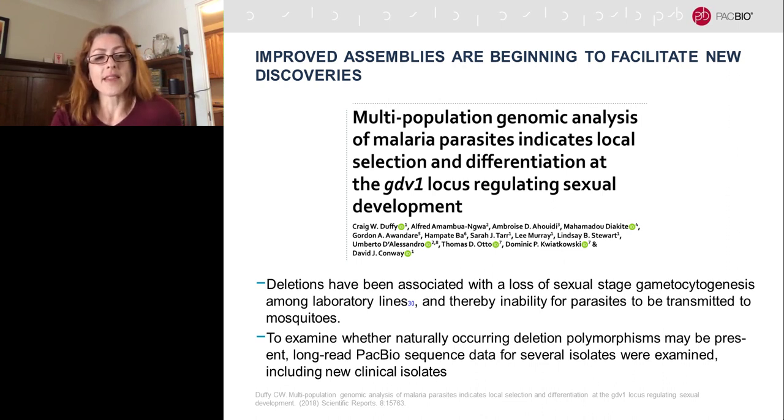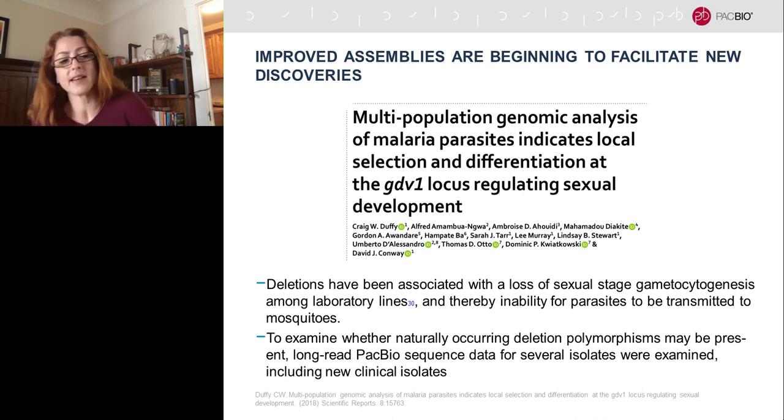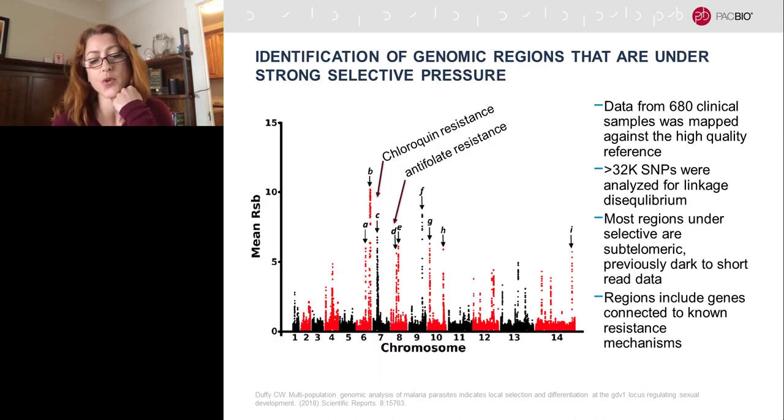So one of the things that's interesting about the GDV1 locus is that deletions in that area have been associated with a loss of sexual stage gametogenesis among laboratory lines, meaning that parasites with those deletions can no longer be transmitted through mosquito vectors. So to examine whether any of these naturally occurring polymorphisms that they found here may be present, long-read sequencing data for several isolates were then examined, including for some new clinical isolates. So the first thing they did is they had